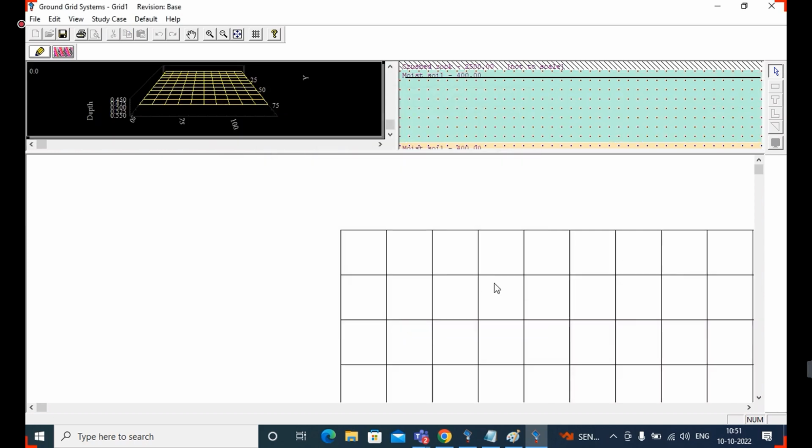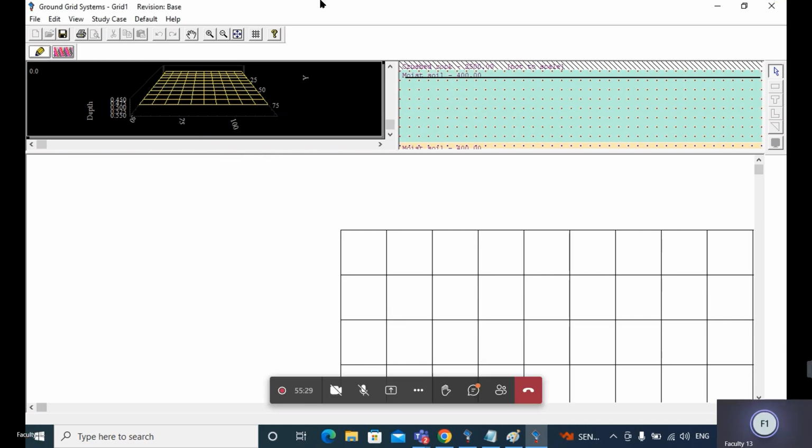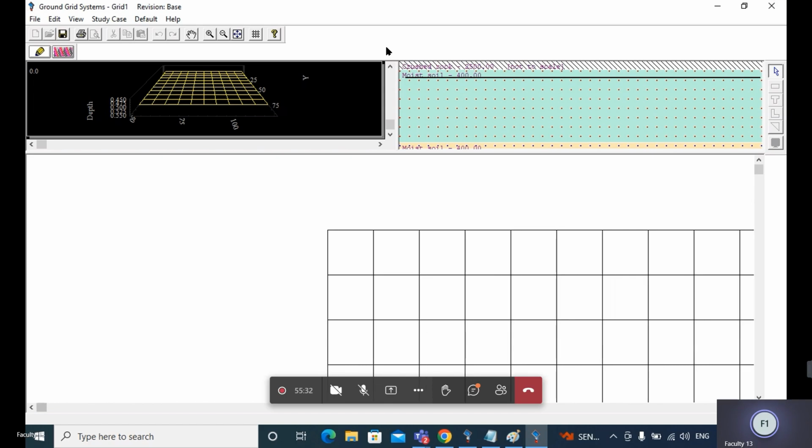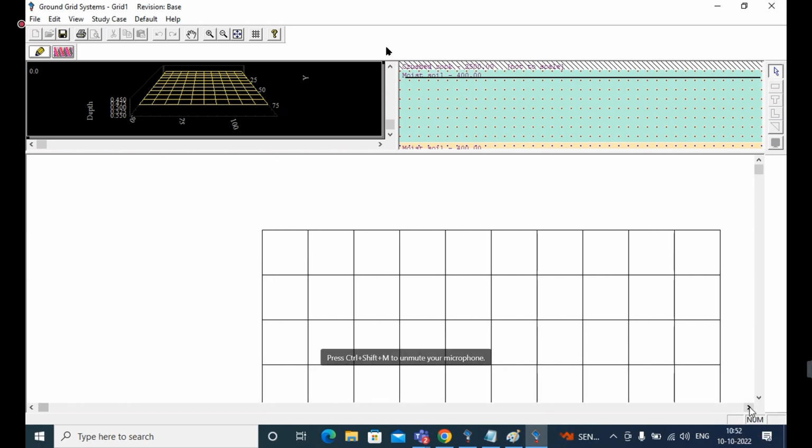Can you see here, in the top view, the number of conductors also increased row wise and column wise. Totally, I gave 11, right? Once you check, it is 11. Starting from here, 3, 6, 9, 11. So in the y-axis also we have 11. You can see it in the 3D view also. Already I said I'm not going to use rods, so I disabled that part. Now I'm going to use only the conductors.